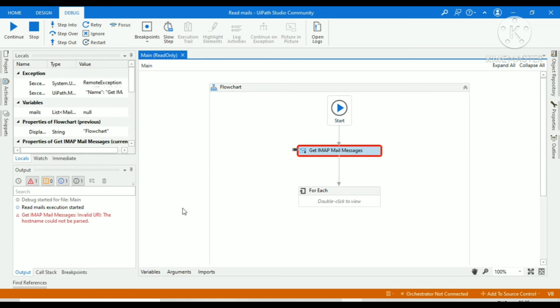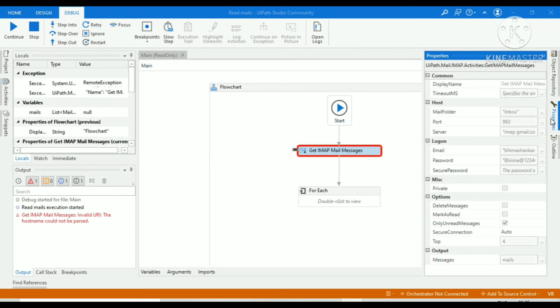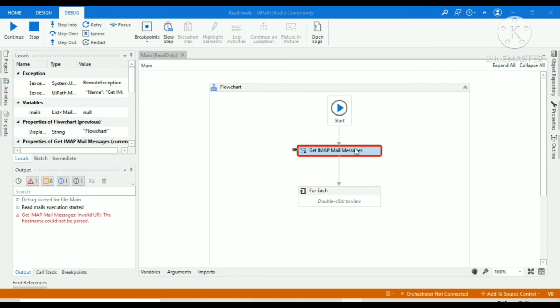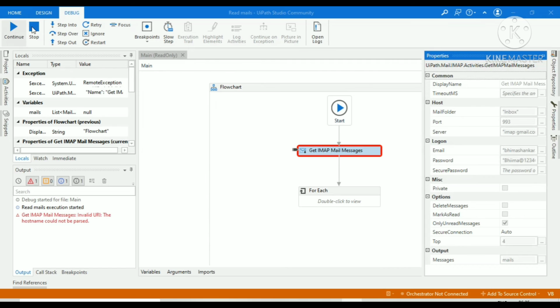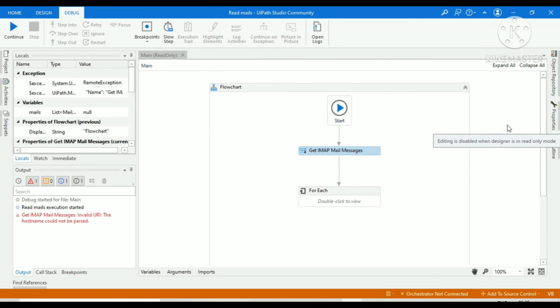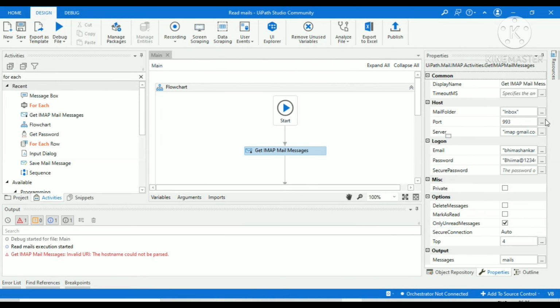Here is an error: Get IMAP Mail Messages, invalid URL, the host could not be parsed. To fix this error, I am going to check the properties. In properties, the inbox is all right, port number 993, and imap.gmail.com is also right.